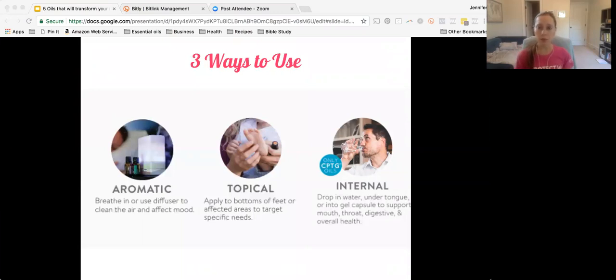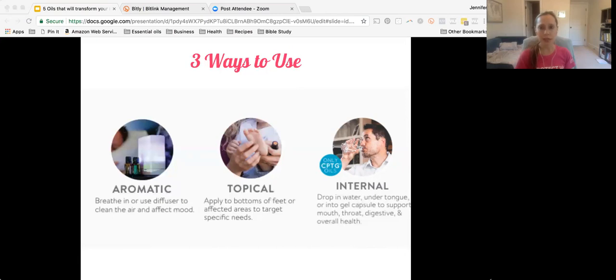Now, with certain oils, and especially with babies and young kids, you do want to dilute the oils. And that just simply means that you are adding 1 to 2 drops of your essential oil to a little bit of carrier oil. Okay, and a carrier oil is like coconut oil or fractionated coconut oil, olive oil, jojoba oil, almond oil, those fatty oils. And diluting the oil does not lessen the efficacy, but it does lessen any chance of skin sensitivity, okay? And especially with young kids and babies, you want to dilute that oil because their skin is a little more sensitive and they're smaller bodies, right?